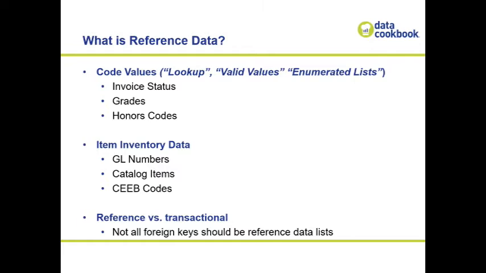Also, there are some people who approach reference data from what you might call an inventory list standpoint. So not necessarily a valid value, but more like a hierarchical structure of your general ledger numbers and their breakdown, or catalog items. In the higher ed world, that might be your course catalog, or more like a product catalog. Seed codes is an interesting example. Seed codes, that's a higher ed term, but those are institutional code values for organizations. So really, it is not the more traditional status or codes, but this hierarchical inventory where understanding